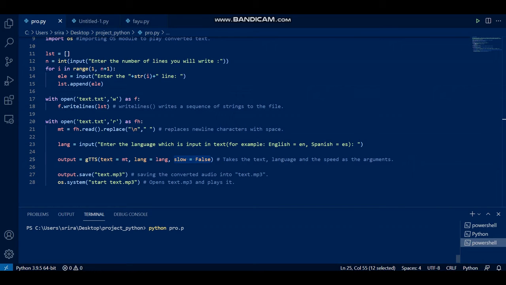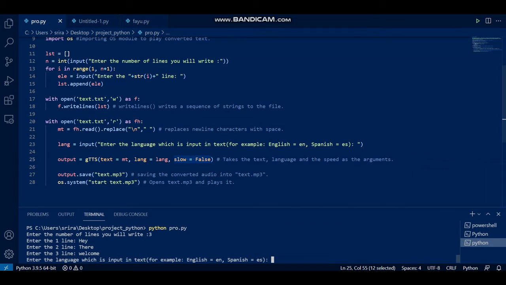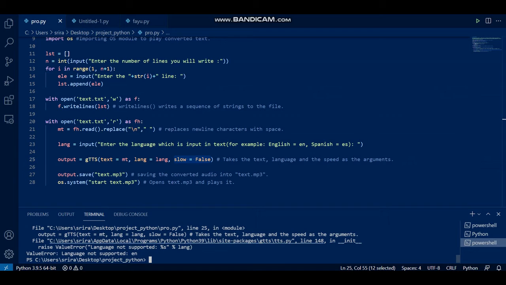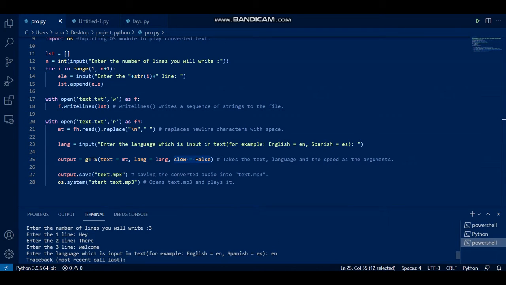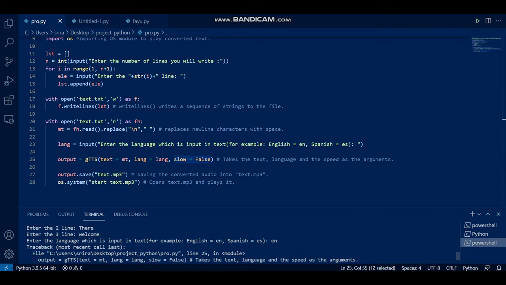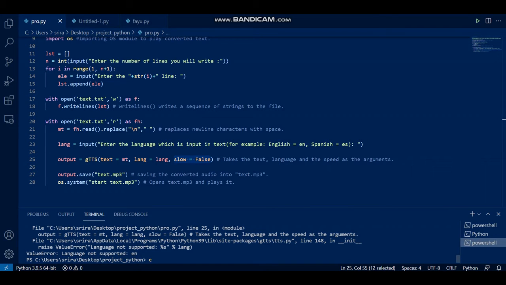So I want to input 3 lines. I'll say, hey there, welcome. I've given an input in English, so I use en. Actually, see, here's the problem. I've just given a space, so that's also considered.